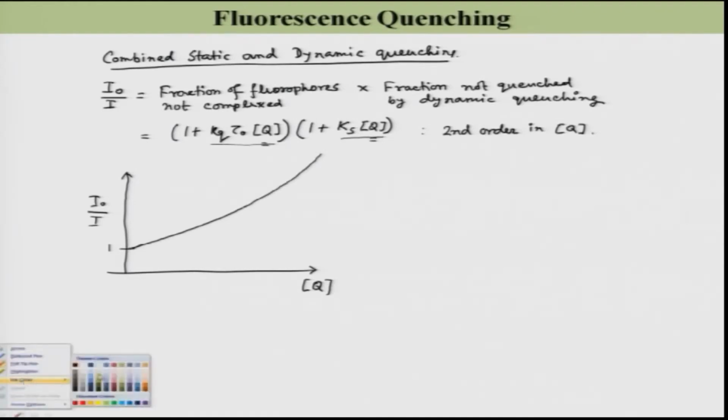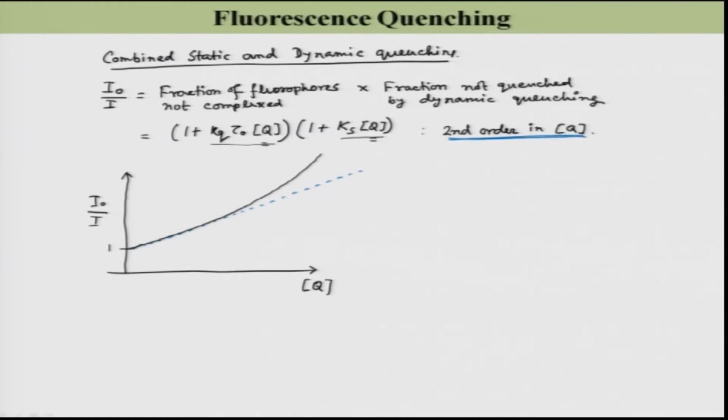Originally, if it is only static quenching or only dynamic quenching, then you know that the curve is a straight line where the slope value is equal to either Ks or Kd, depending on whether it is static quenching or dynamic quenching. So, in this case, what you can see, this curve is going upward because of the second order in Q, right. The Q square term will come over here. However, if you plot tau 0 by tau